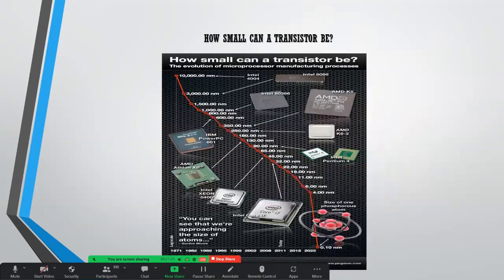Now the question may be how small a transistor can be. So first we'll see that, then we'll move on. Here we can see a picture which shows the evolution of microprocessor manufacturing processes. First was the Intel 4004, and then came the Intel 8088, and from here we move on up till like